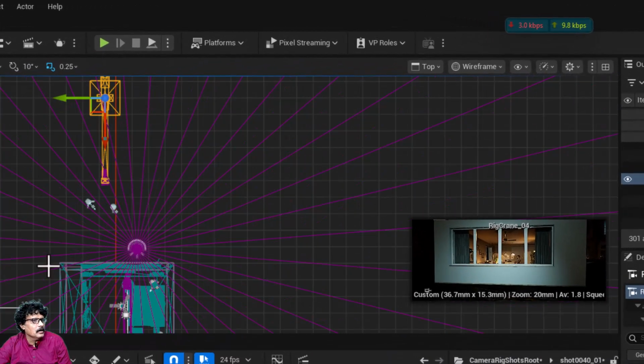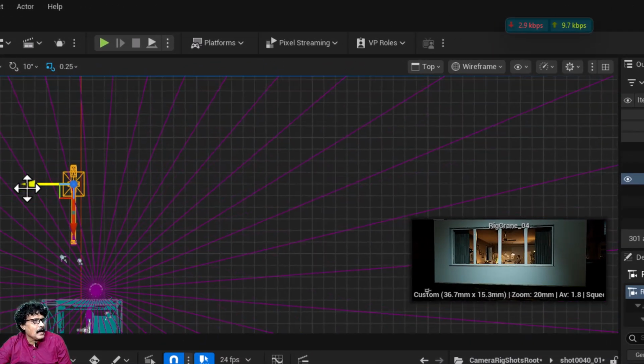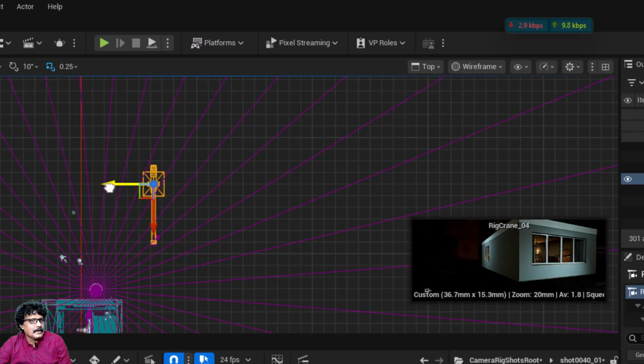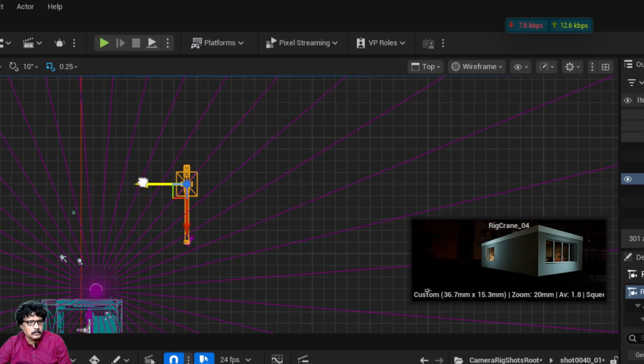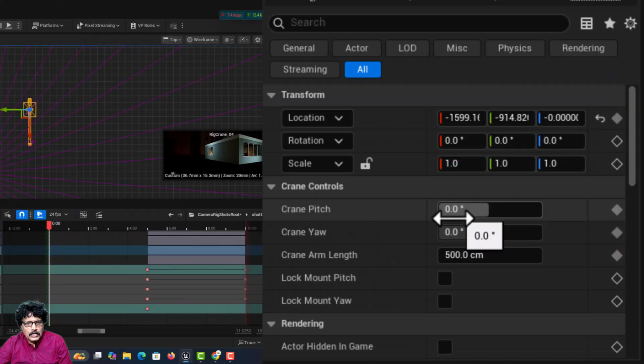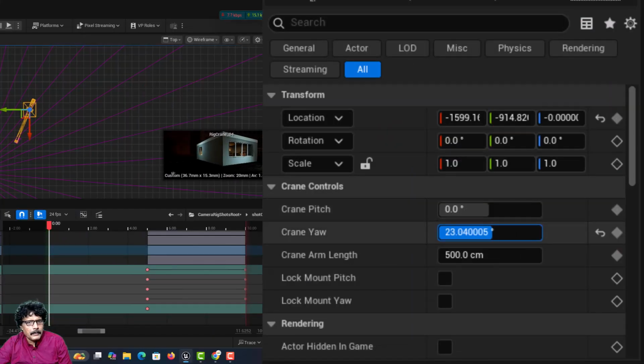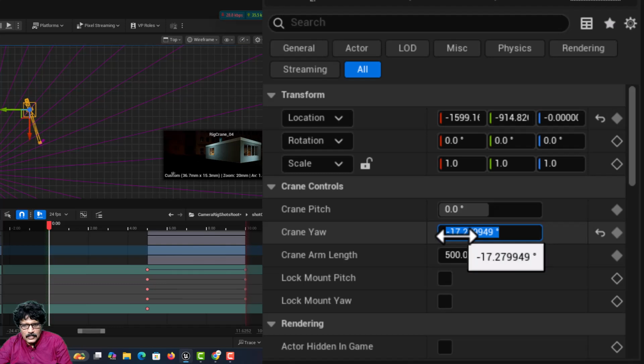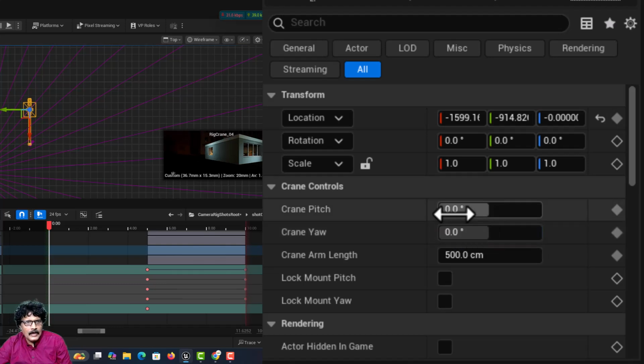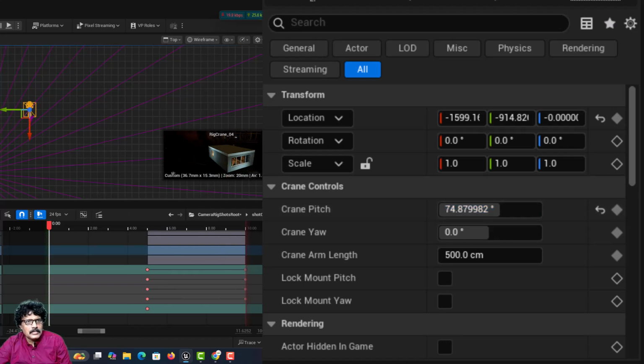So it is here, you can see the rig crane. I am just going to move it slightly like this. Okay, at this position I will bring it, and then I will move this to the top. Yaw is fine, I will keep it at 0 only, and I will move pitch and move it to the top like this, and if required, see now this will be my initial